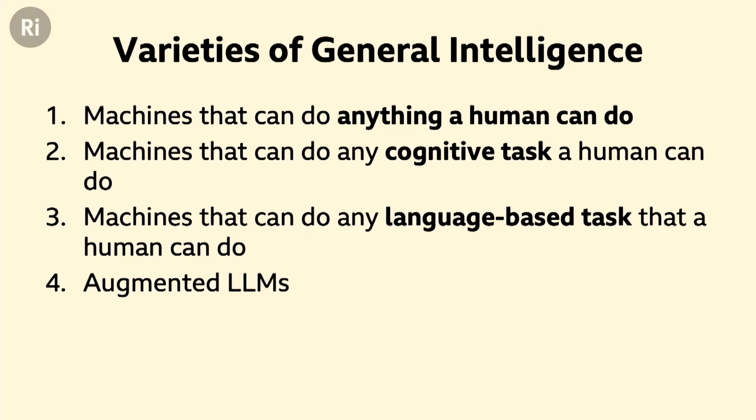Okay, so what might general AI look like? Well, I've identified here some different versions of general AI, according to how sophisticated they are. Now, the most sophisticated version of general AI would be an AI which is as fully capable as a human being. That is, anything that you could do, the machine could do as well. Now, crucially, that doesn't just mean having a conversation with somebody. It means being able to load up a dishwasher.